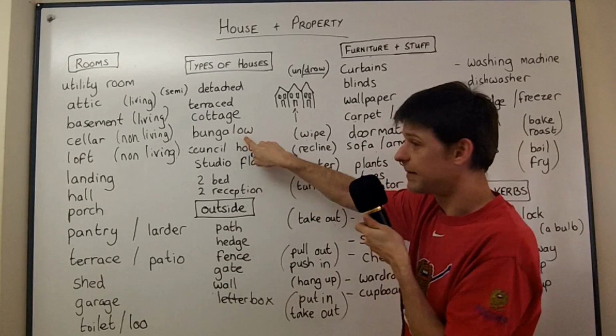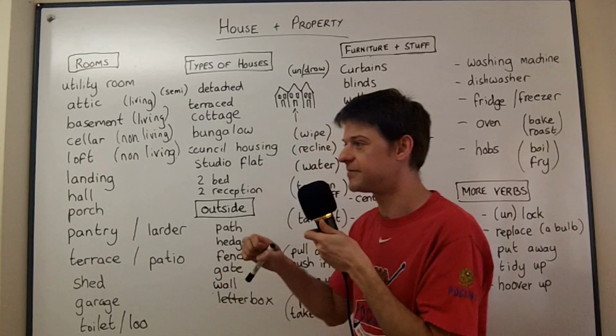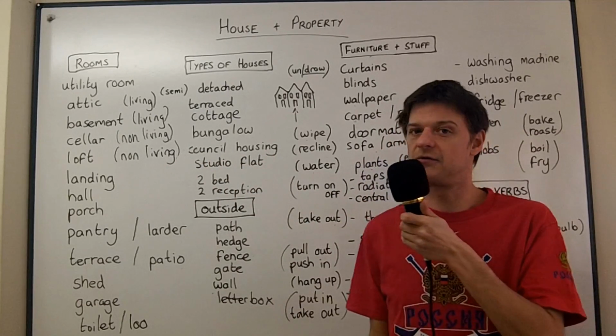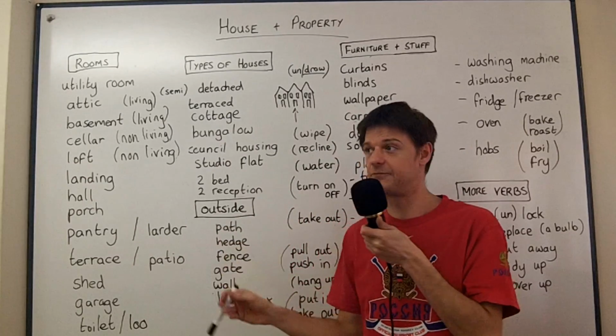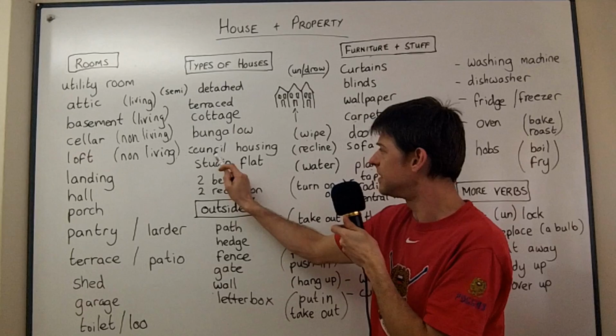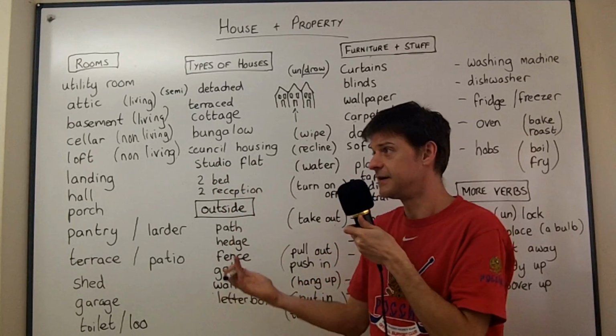Usually older people live in a bungalow because it's easier for them to walk around. They don't have to get up the stairs. Council housing is cheaper housing which was built by the local government to house people who perhaps couldn't afford other housing. But some of it's private now because a lot of it was sold off to private people in